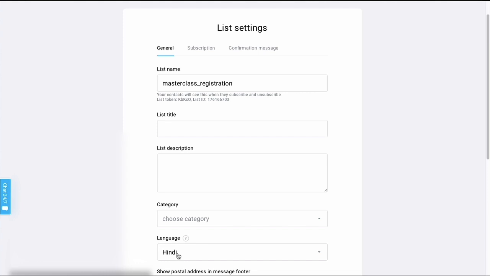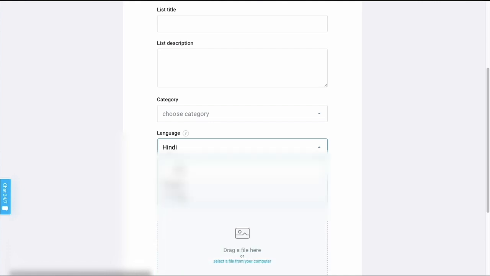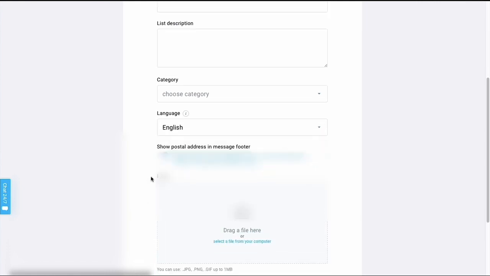Though it might say converted, it won't be as accurate as possible. So I would definitely prefer to first change this into English. If it is English, then you don't have to worry about it. And here you can see the address part.